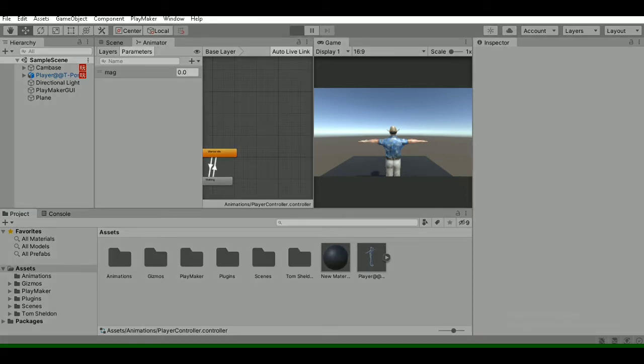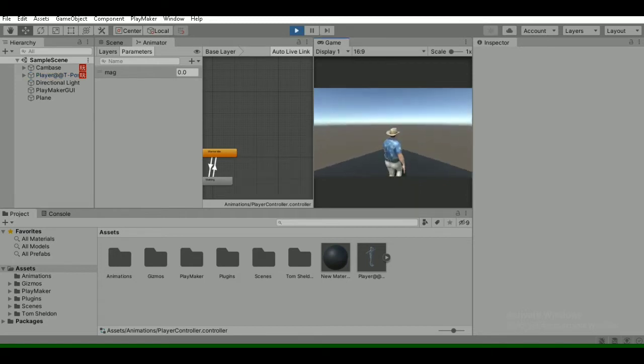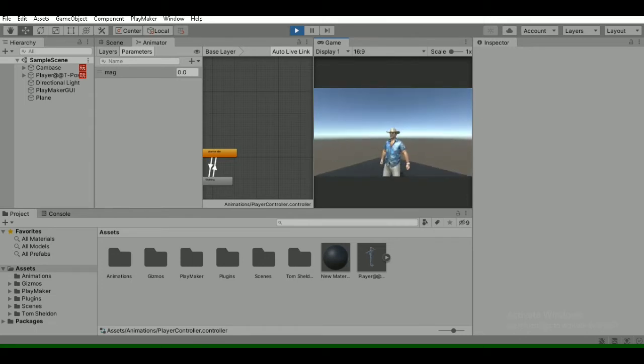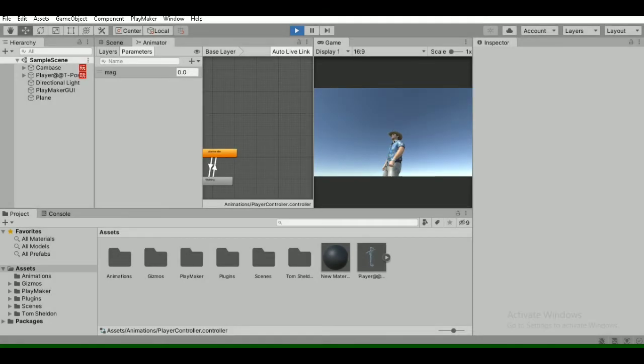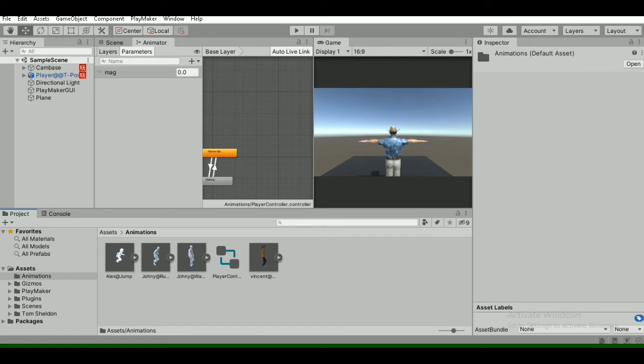We have created this character along with the movements and the camera control. So as you see, this player is moving fine and doing this idle animation and this camera control. So for this video we just need to add the running and the jumping animation to this character. So for the running process we just need to add the running animation.